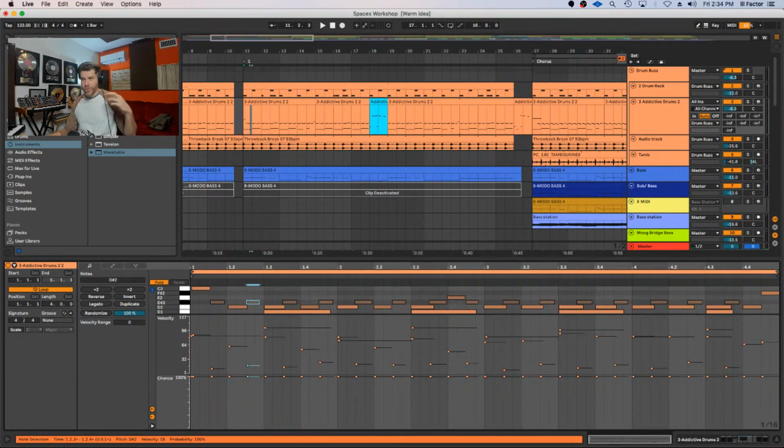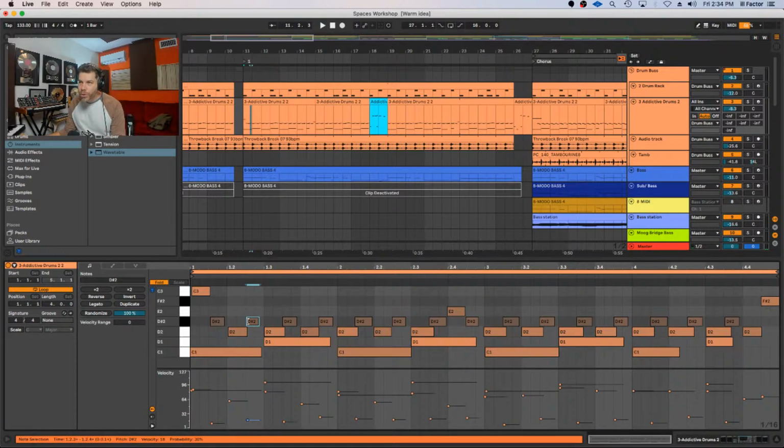Everything is set to 127%, but this is a great tool to come up with different variations. So you can copy a 4-bar loop and pencil in and change the chance that certain things are going to be hit, and that also will humanize it. This is great for ghost notes and things like that. And once you've done that, you'll see a little black dot here, and that tells you that there's a possibility this note won't play.